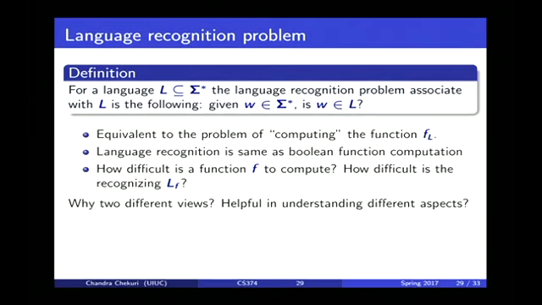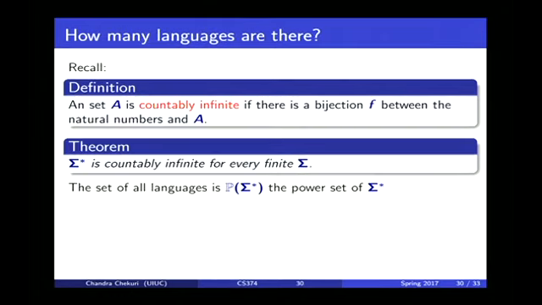Now let's ask the following. We saw the definition of what an infinite set is. When you say it's countably infinite, what does it mean? It means the number of objects in the set is as much as the number of integers, right? We saw last lecture: for a finite alphabet, how many strings are there? It's countably infinite, the same as the number of integers, roughly, because there's a bijection. But now I'm going to ask